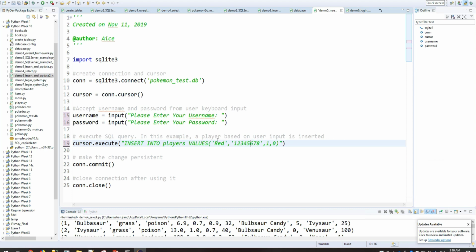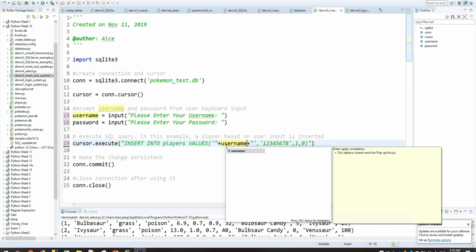If we want to replace these hard-coded username and password with the variables username and password, we just need to select the hard-coded part, then type in a set of double quotes, then a set of plus symbols. Between the plus symbols, we can use the username variable to replace the original hard-coded username value.